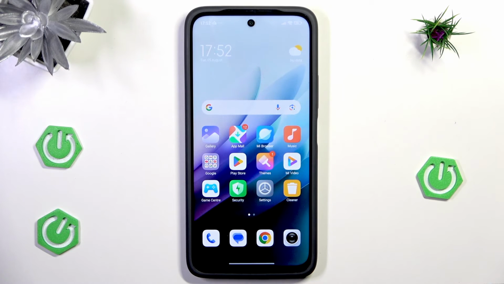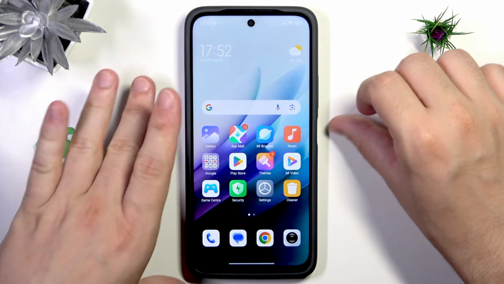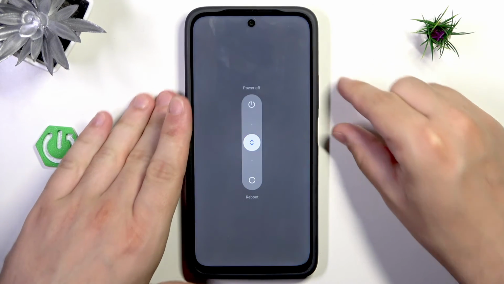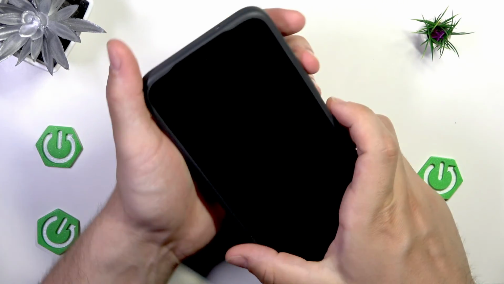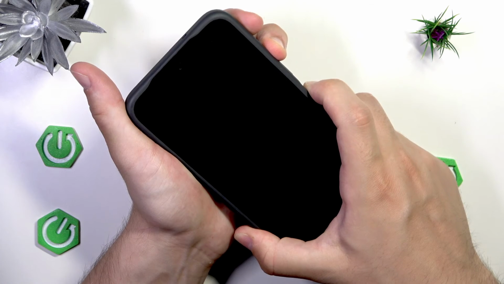And now let's go straight with the second method. For this method we need to power off our device first, so let's tap the power button and volume up button first, and let's click on power off. Okay, and now to enter the recovery mode we need to hold the power button and volume up button at the same time, so simply hold both of the buttons